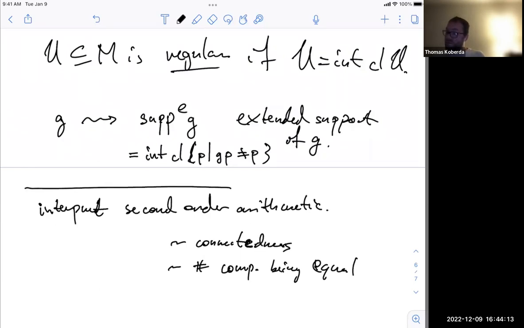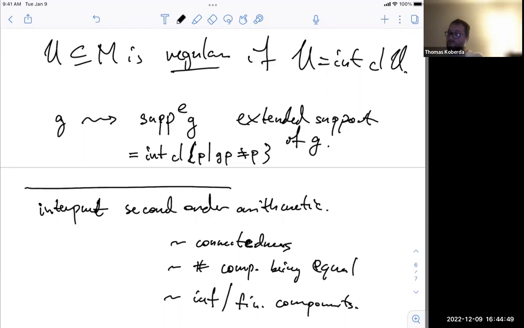And also something that's very basic when we think about topology, at least from the second order logic point of view, but which is significantly harder if you want to say it just in a first order language, is distinguishing between infinitely many and finitely many components. So in particular, you do have formulae which are satisfied by a regular open set if and only if they have finitely many connected components. That takes some work to prove.